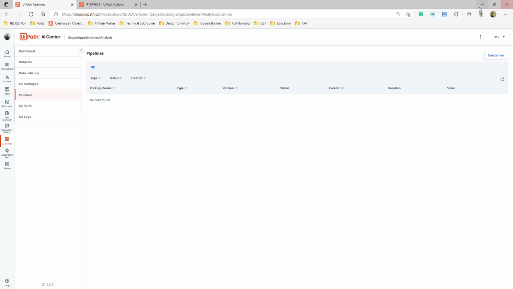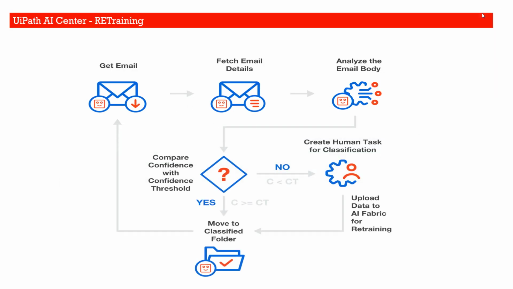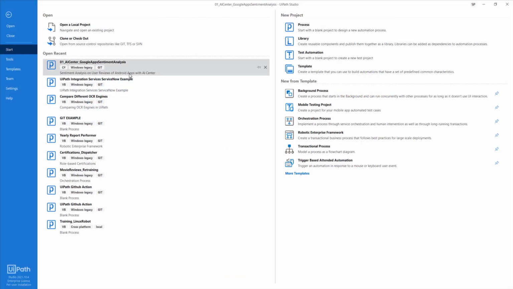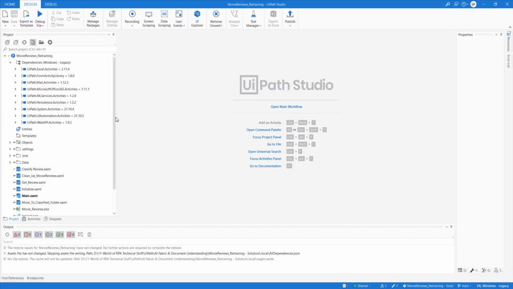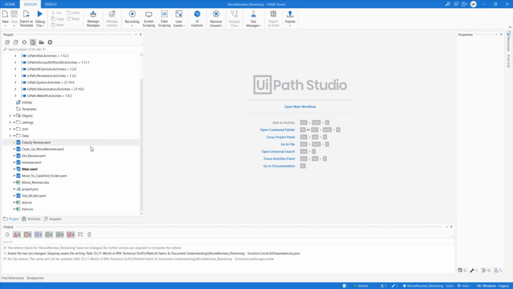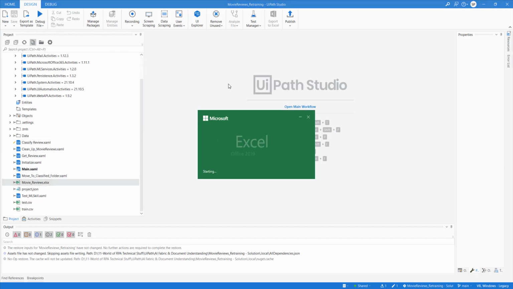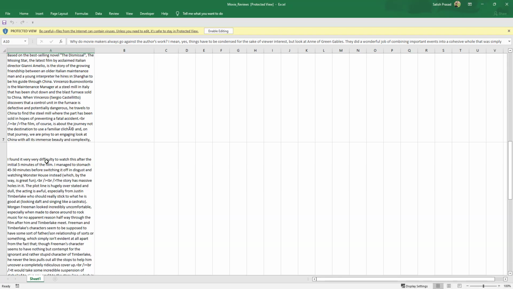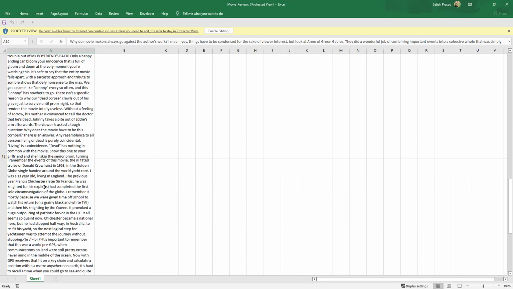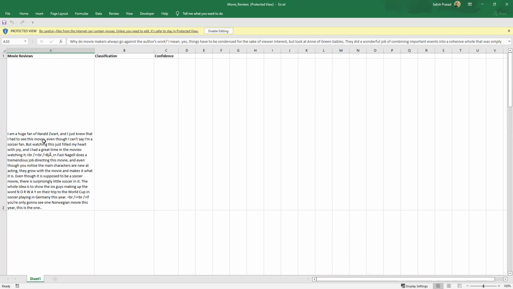Okay, how should we be able to do that in UiPath Studio? Actually, the problem is this ML model is not working on AI Center. So I created another project, which is movie reviews. It's very simple, similar to the app review one, only here I have movie reviews. It's text from movie reviews that I copied from IMDb and similar sources. So it's basically this one.